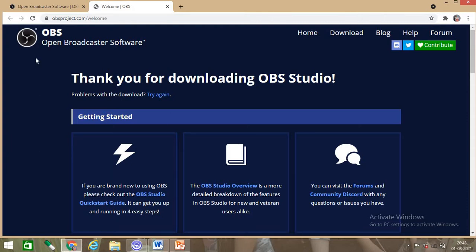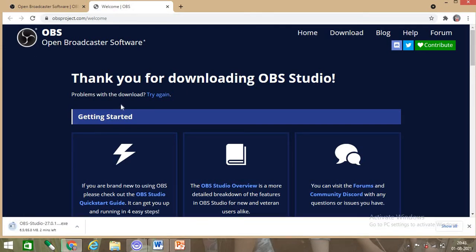So go to google.co.in, search for OBS Studio. When you open OBS Studio, since we are using Windows, click on Windows. The Windows option will download the OBS Studio that can run on Windows.